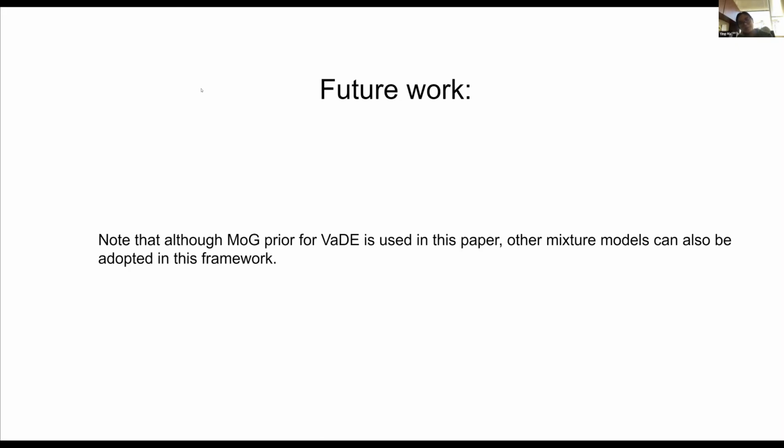Because the mixture of Gaussian is very, very popular, every time you use it, it's probably the first model you think of. So if you want to use some other mixture model, I would like to have some explanation: why do you want to use that? What's the advantage, and in what situation would you want to use that prior so it can help improve performance? Since the author doesn't mention that, how do you think you would use that other model?